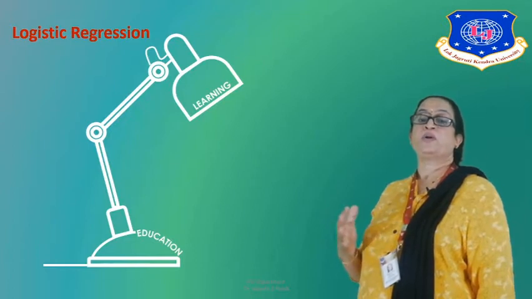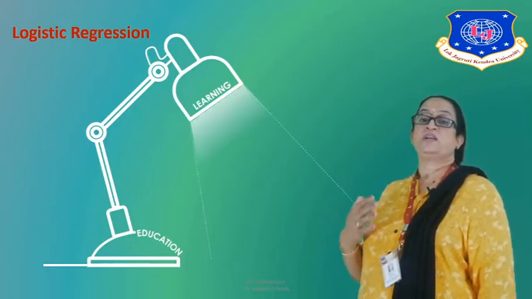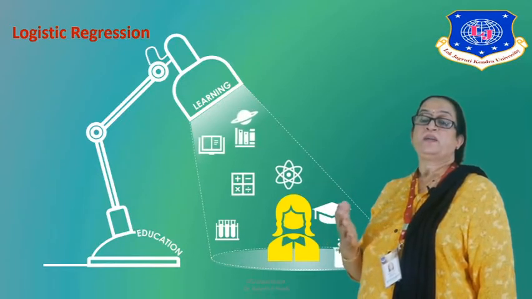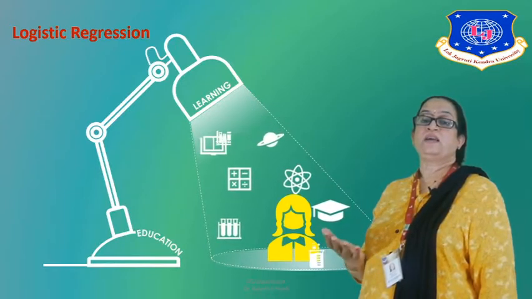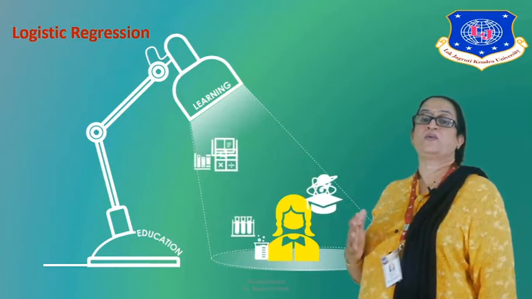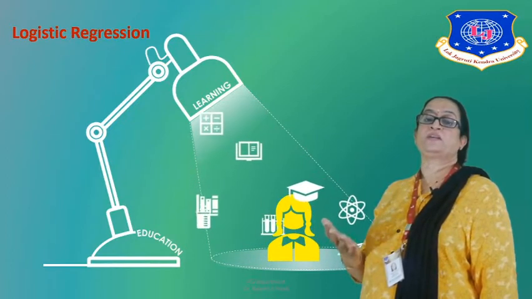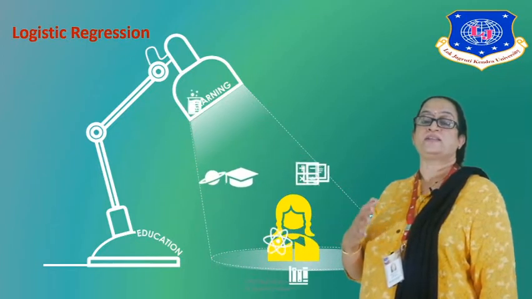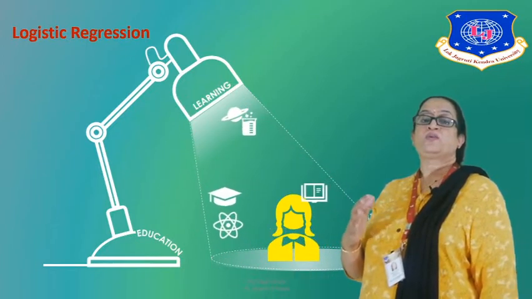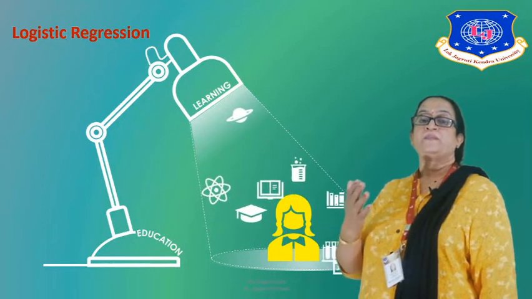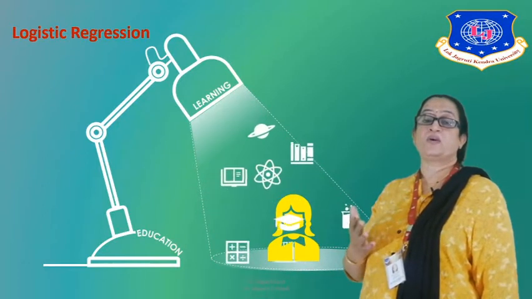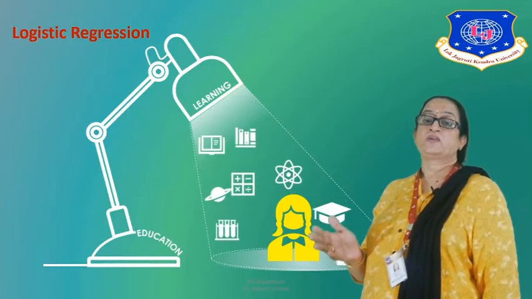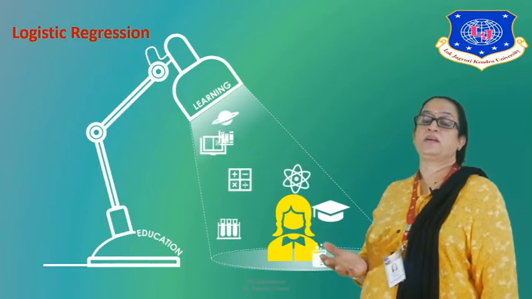It is a very important supervised machine learning algorithm that is applied for classification. It is basically used to classify binary values, that is 0 or 1, like for example if you are applying it for finding whether the tumor is cancerous or not. So it could be predicting that the tumor is cancerous or it is not cancerous. So it will classify like this. So let us see more about logistic regression.